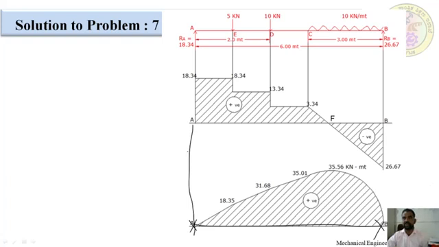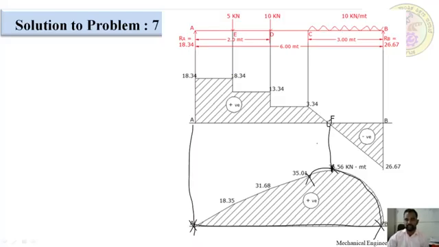After that, how much do we get at F? At maximum bending moment we got 35. Before that we have to draw at C point, how much did we get? 35.01. We have to mark it. For the parabolic curve we will draw the curve like that, it crosses, it is more than 35. We have to cross it like this curve and mark it here. It has a value of 35.56 kilonewton meter.